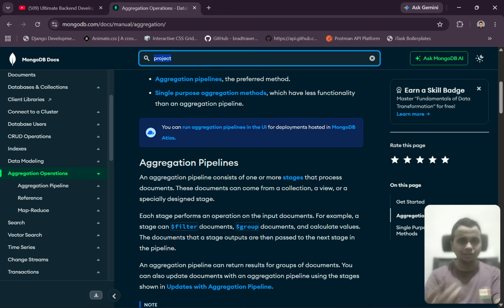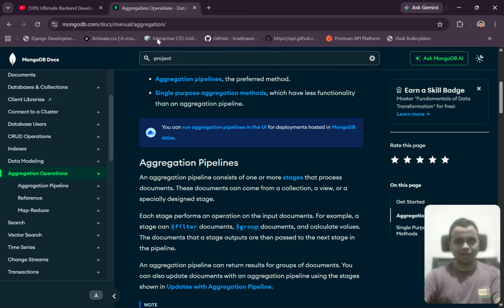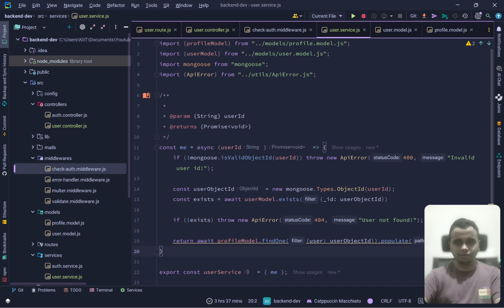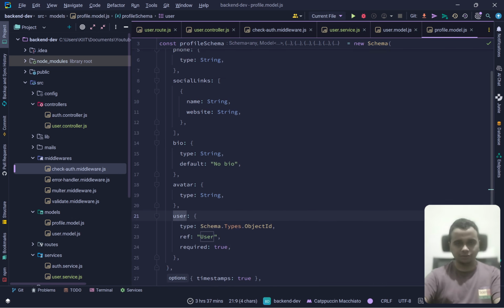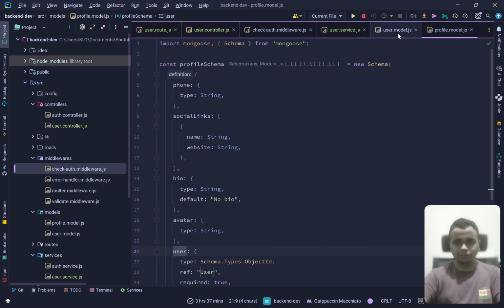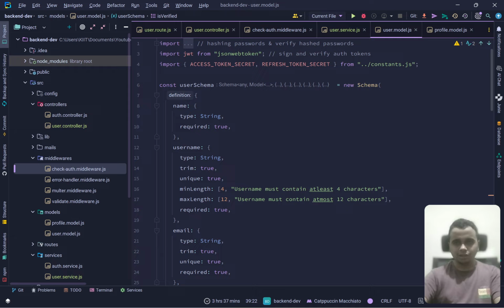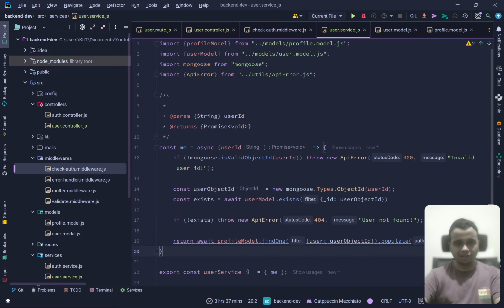Like you have to match, then you have to go for a lookup for looking up foreign keys. Then you can use the project to project specific fields. You need these three aggregation pipeline stages running together if you don't want to select the email of the user. Now we are developing this as a private profile page, like it will be only visible to the user. And yeah, so here we are getting this